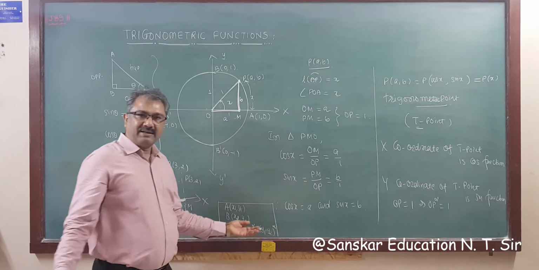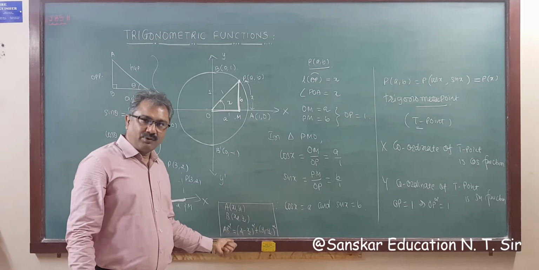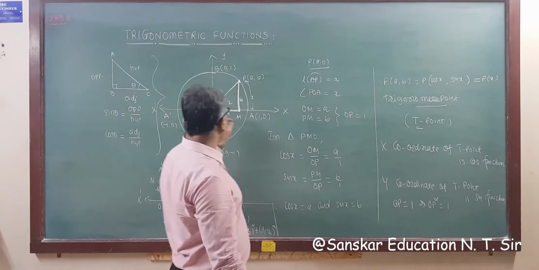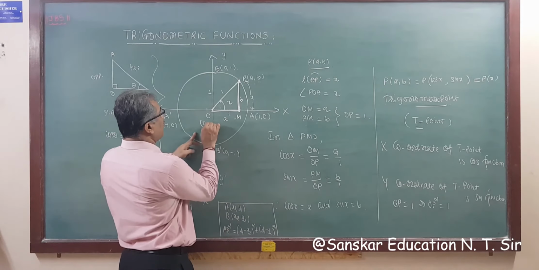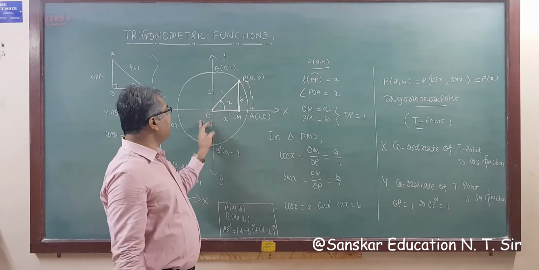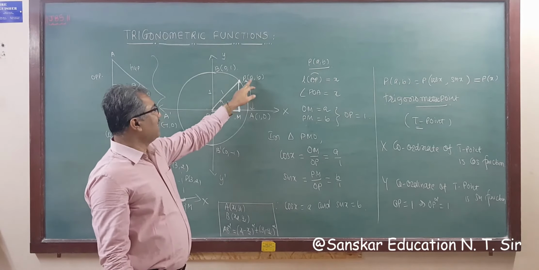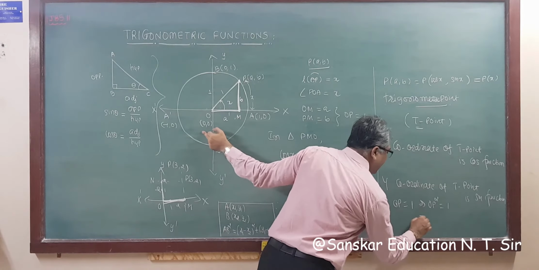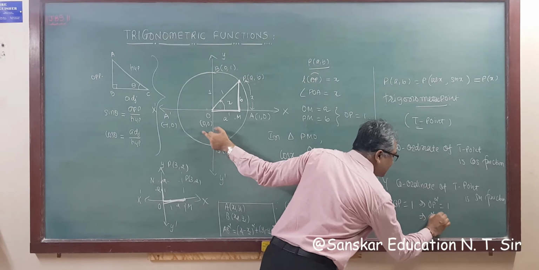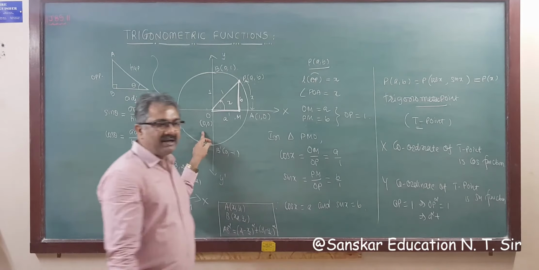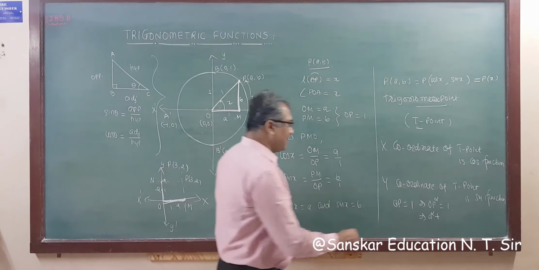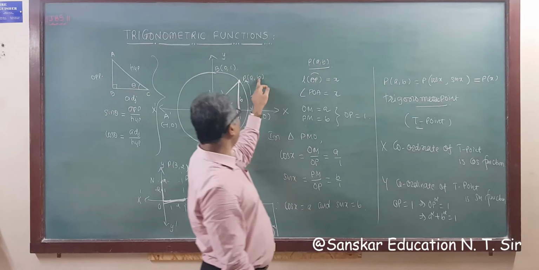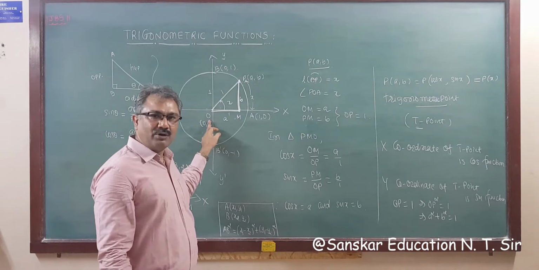You have studied this in 10th standard, the distance formula. So applying the distance formula here, O is the origin, that is (0, 0). So the distance between these 2 points O and P is (a minus 0) whole square, that is a square, plus (b minus 0) whole square, that is b square. So a square plus b square is equal to 1.